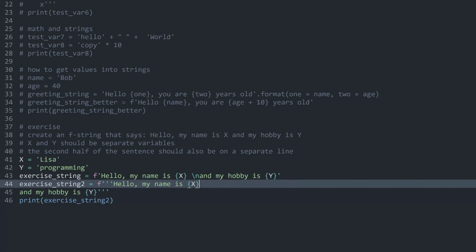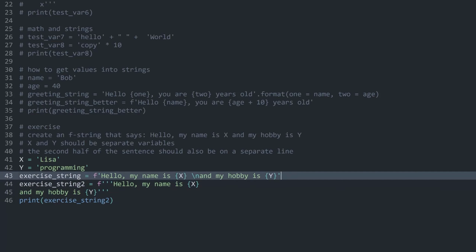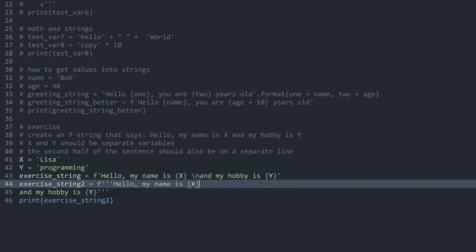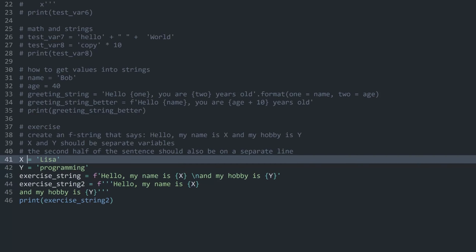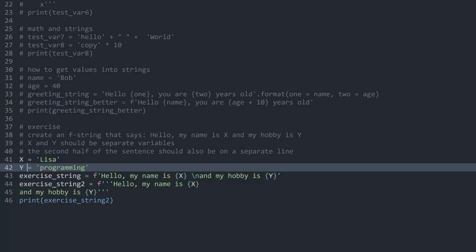These 2 lines here and this line here both do practically the same thing. Although I guess this one is a bit more readable. Well, I guess it's debatable. You could choose here whichever you like, although be aware the first one is much more common. Also keep in mind here, the variable naming I used, capital X and capital Y, is quite bad. This should rather be called name and hobby,